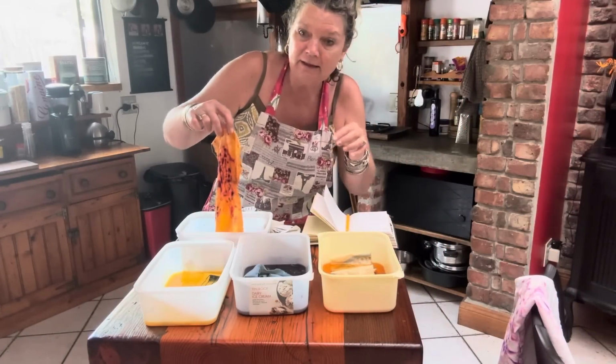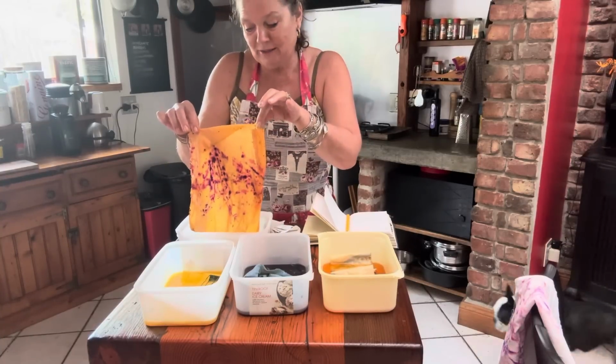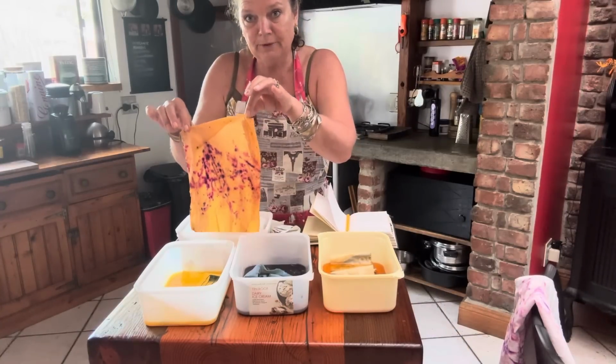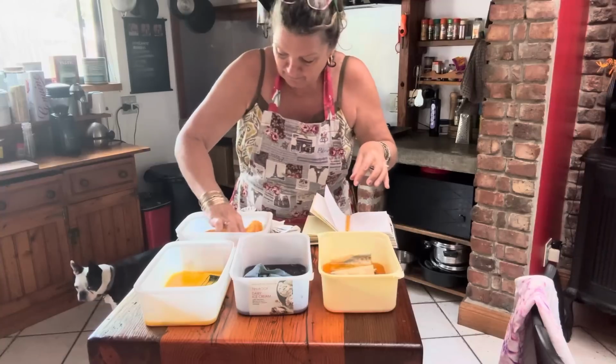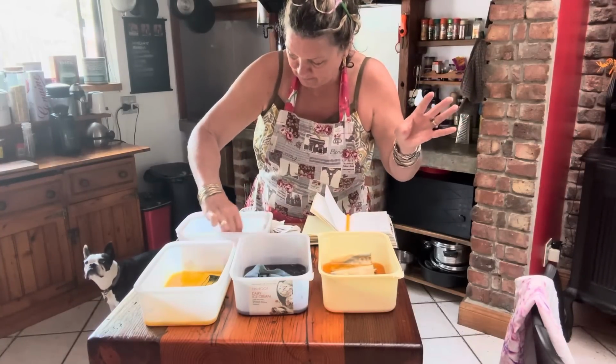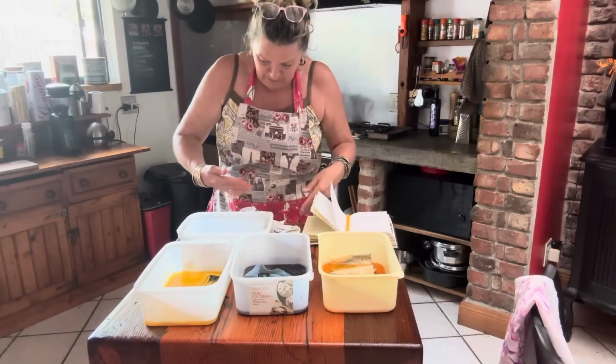Now you can see, look at this. Oh my goodness, this is gorgeous. This is my favorite. This is absolutely beautiful. So this is the black tea from Thailand. I'm not sure what that is. Then let's go back